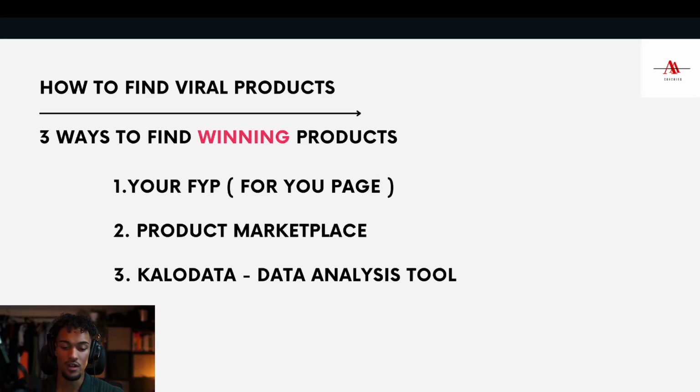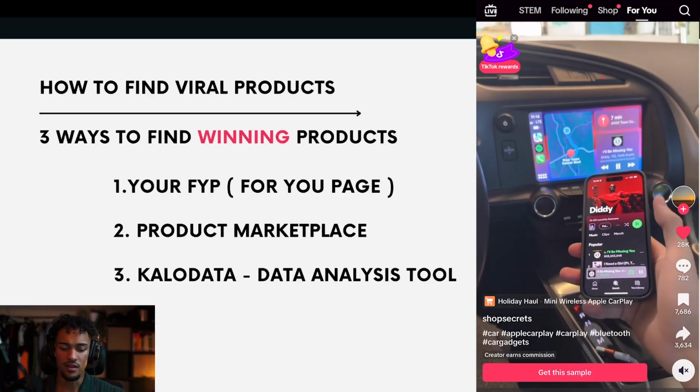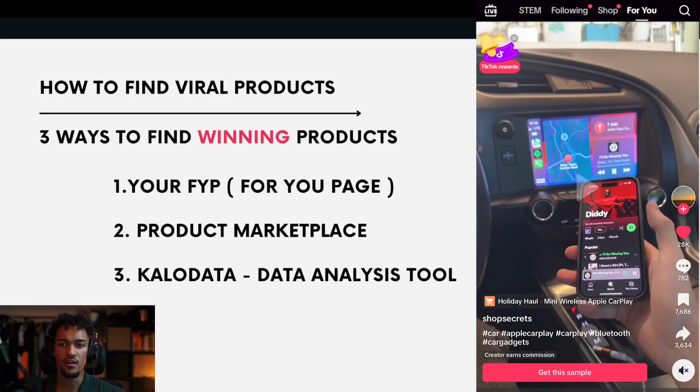So we're going to go ahead, go into here. Let's go to the For You page. Let's take a look at what it looks like. Let's talk about how you can find a winning product and what the criteria for a winning product actually would be. So generally when I do content research, things that I look for that are very, very good metrics is